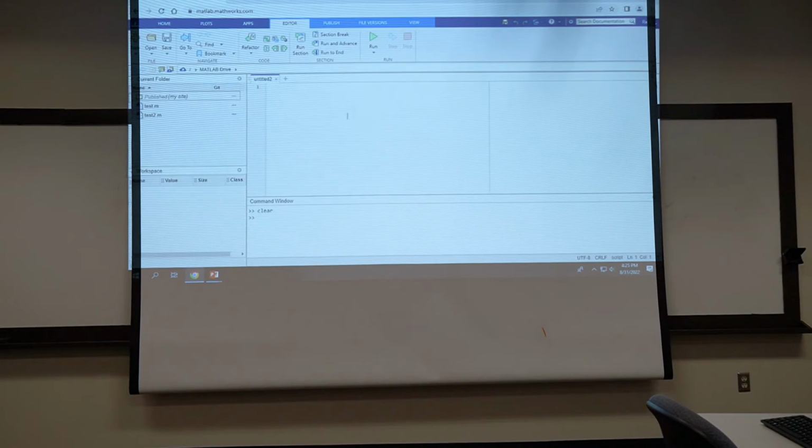New script in our editor. Let's say, I don't want to make it complicated for you, x equals 0 to 1, and y equals 1 to 5, and let's say plot x, y. I'm not sure if it's going to plot anything meaningful. Maybe it's just a line. But what I care about here is